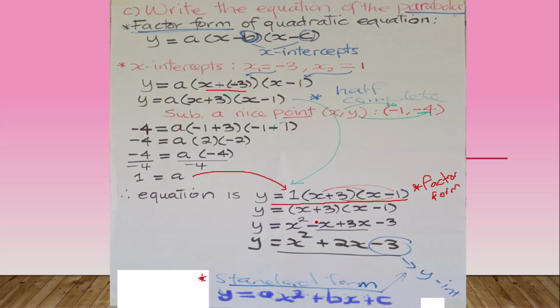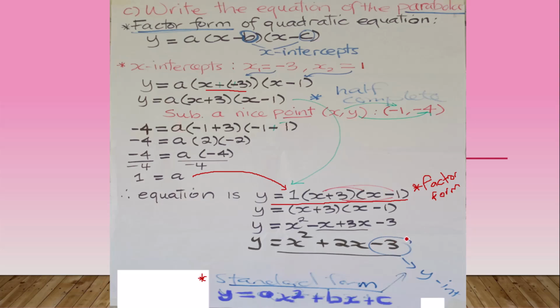So 3 minus 1 here, 1 is the coefficient of this x. 3x minus 1x is 2x, positive 2x. And this is our equation, y equals x squared plus 2x minus 3. Okay, just to confirm,